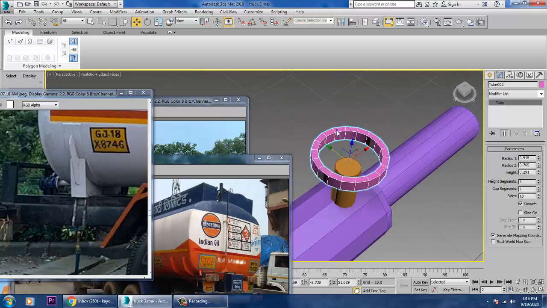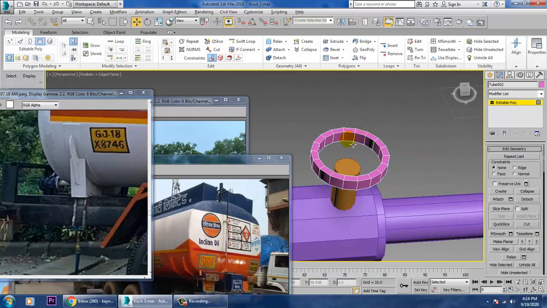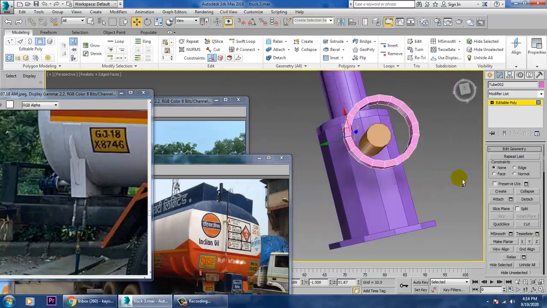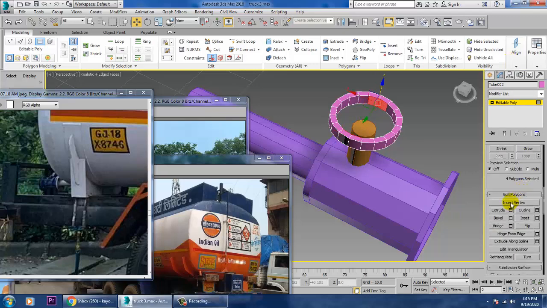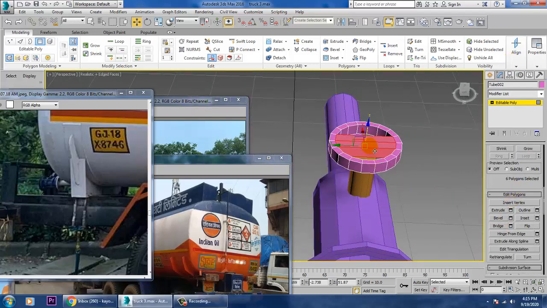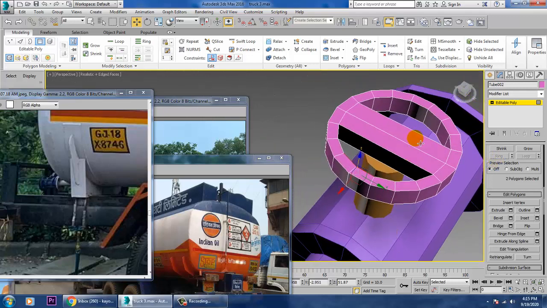Convert to editable poly. Select this and this and this, and let's just bridge the elements.